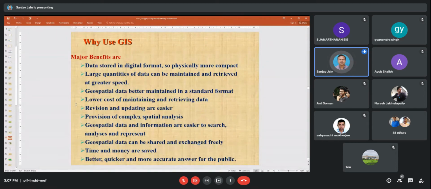Whatever inputs I was generating earlier with the help of physically based maths, now I am getting better or more accurate output. In our field, we were using a number of layers or maps for our study. I will give you a simple example of that later on, where earlier we were spending a lot of time. Once we take the help of GIS, we can save a lot of time and we can get a more accurate map. Okay.